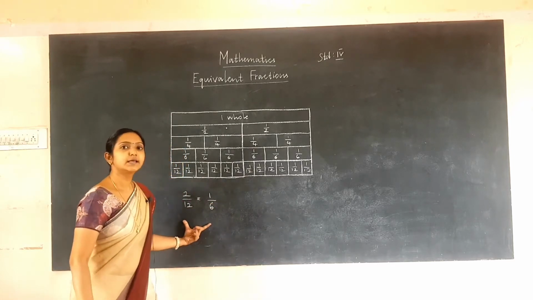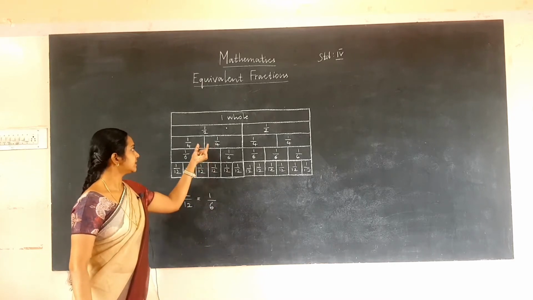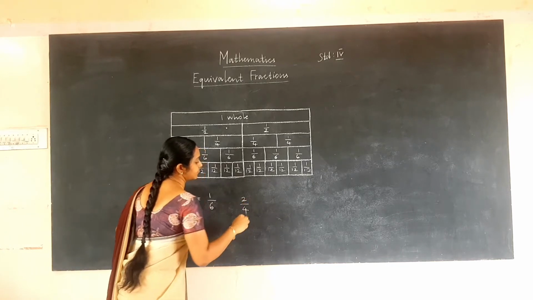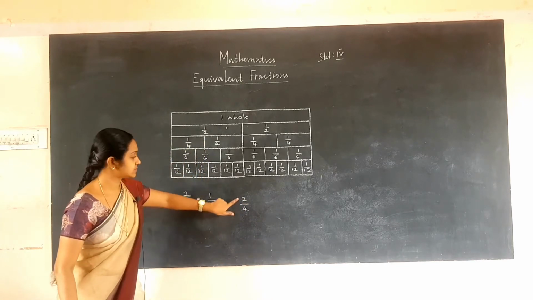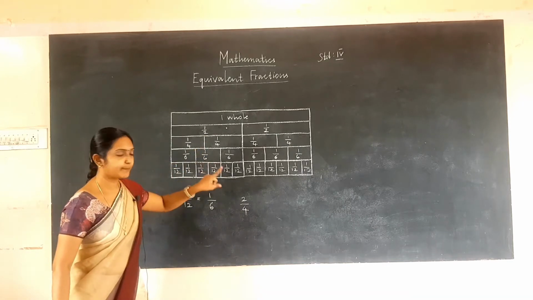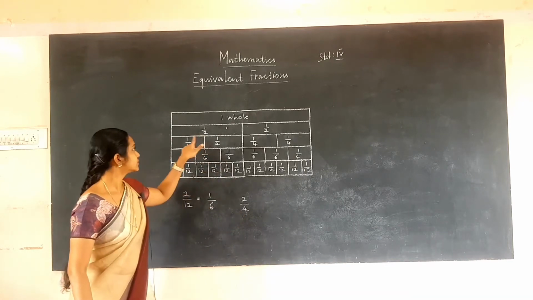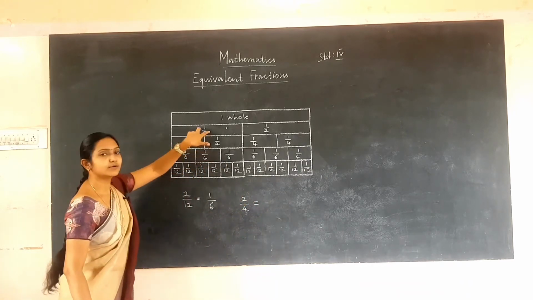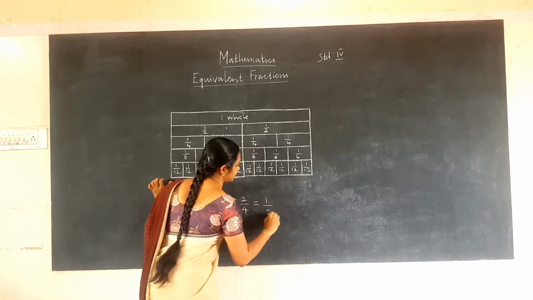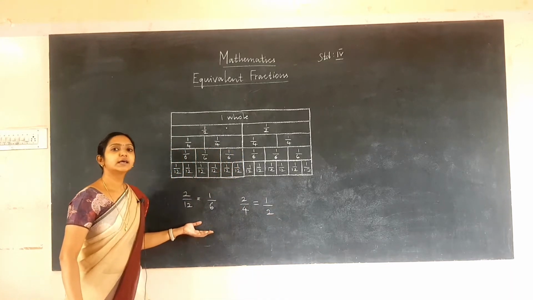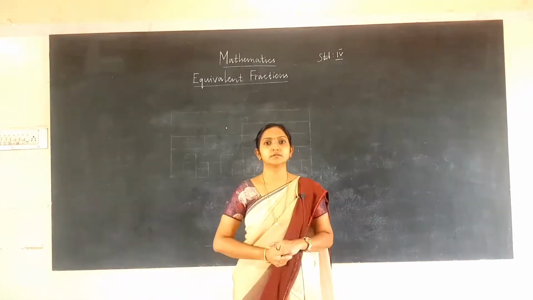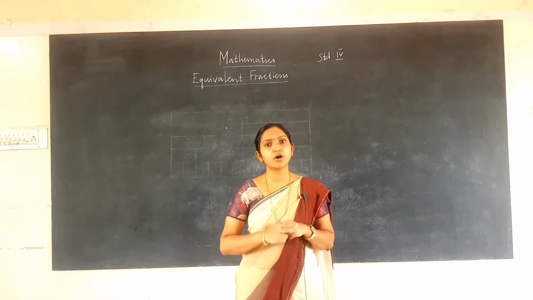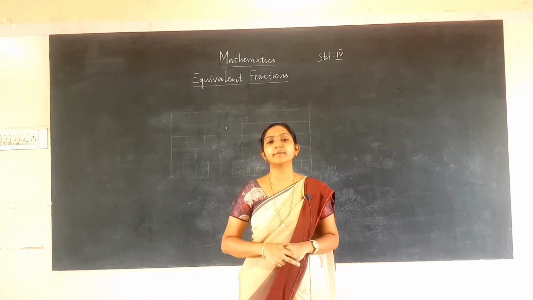They are called equivalent fractions, and here 2 1/4 means 2/4. We have considered two parts out of 4. So it is 2/4. 2/4 is equal to, these two parts are equal to 1/2. These are called equivalent fractions. We can find many equivalent fractions of a fraction by multiplying or dividing the numerator and denominator by the same